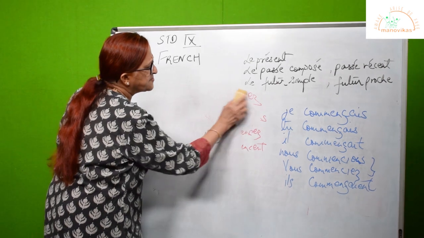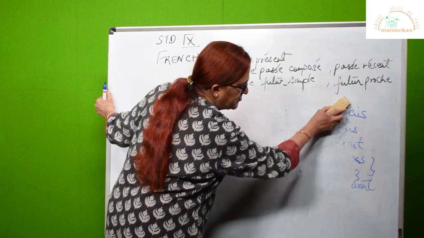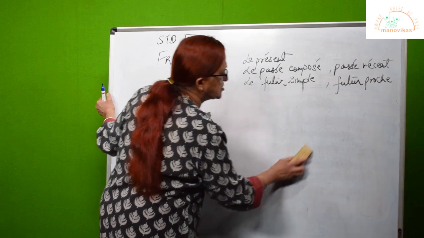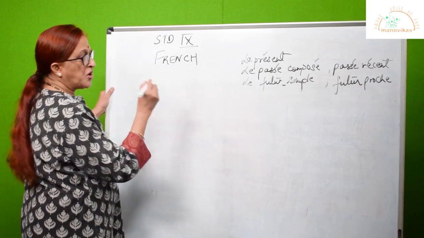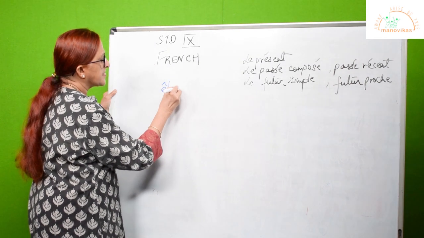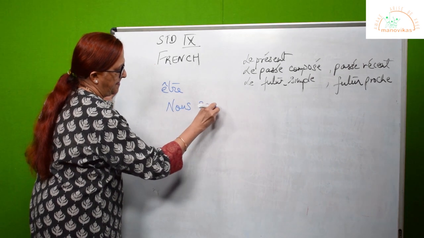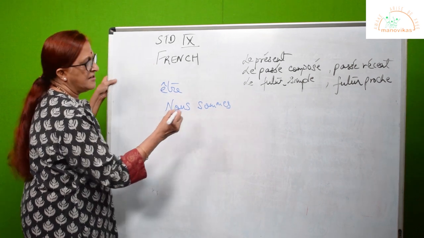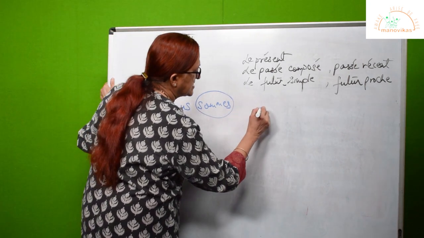Now, there is an exception to the rule. In our very first verb, être, which we learnt in the beginning, être is to be. Now, être is an irregular verb, and its imperfect also happens to be irregular. Do you remember your être? In your être, nous was sommes. In your present tense, nous sommes, we are. But here, we will not use this sommes to form the imperfect. Instead, we will say